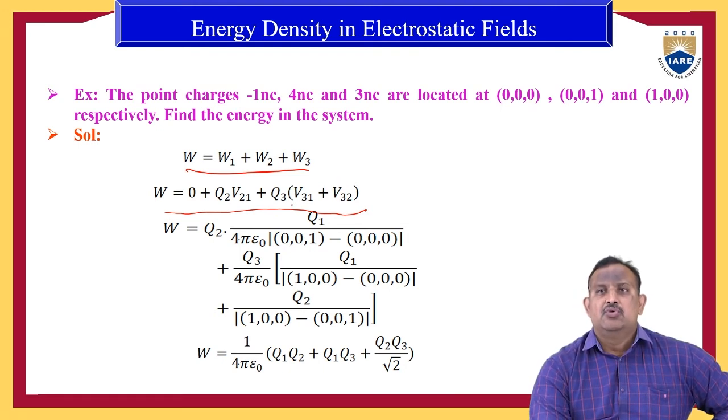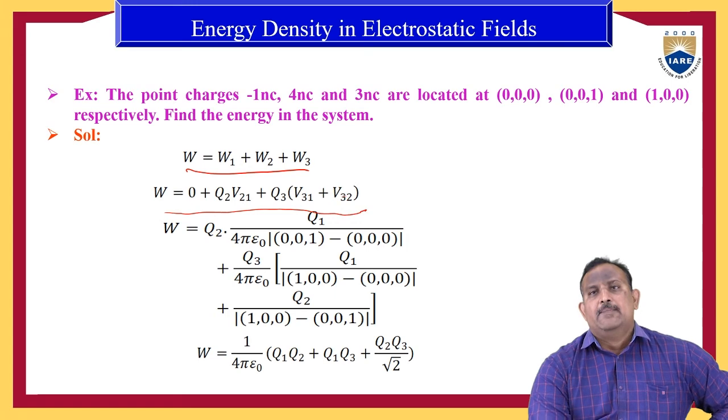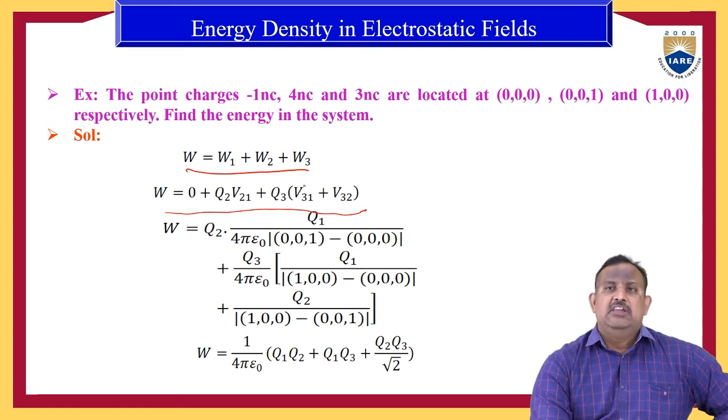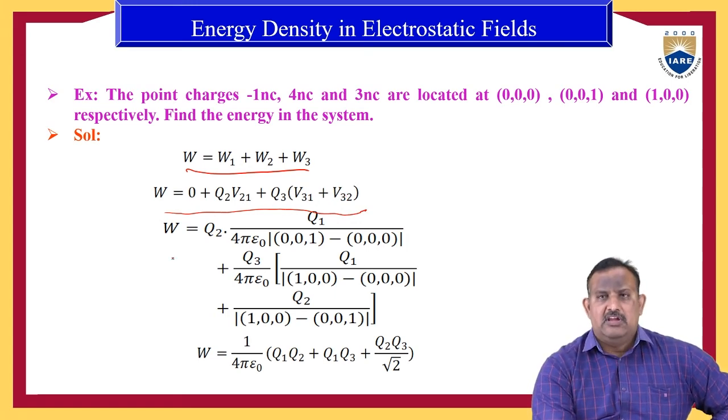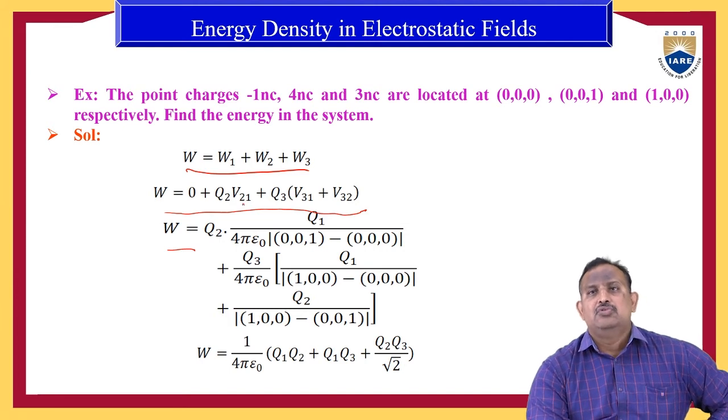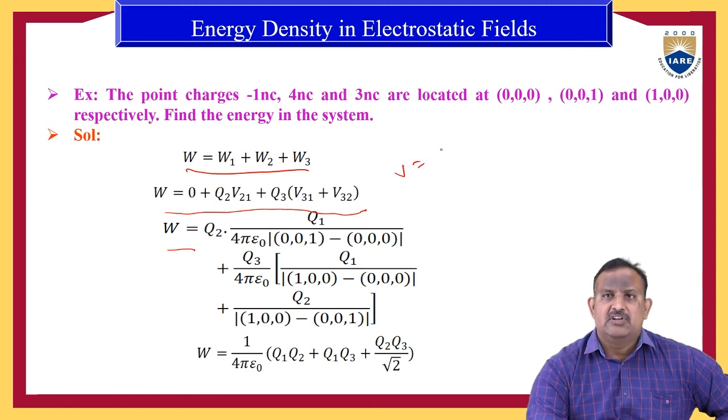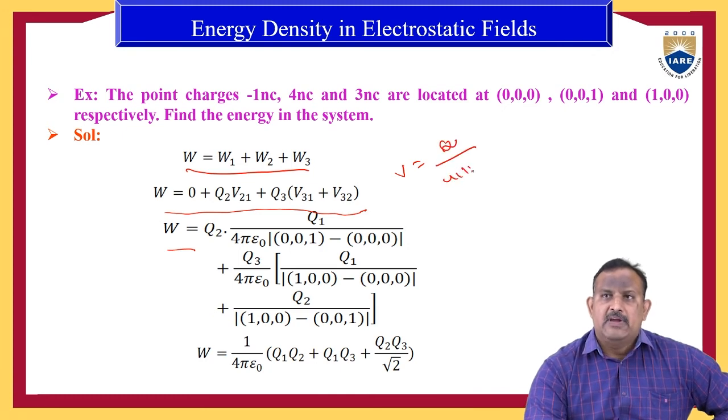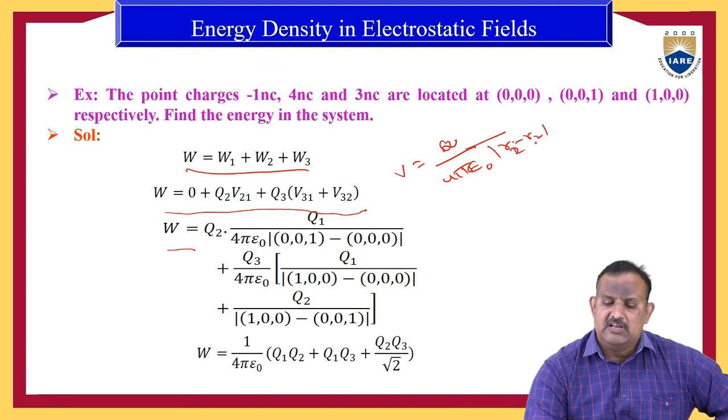So Q3 into V31 plus V32. If you directly substitute the expressions in this equation, the total work done required is equal to Q2 into V21, where V21 is the potential at point 2 due to Q1. Therefore, Q1 by 4 pi epsilon naught into, we have the equation of potential as V is equal to Q by 4 pi epsilon naught into the modulus of R2 minus R1,